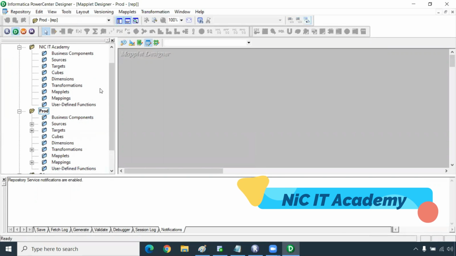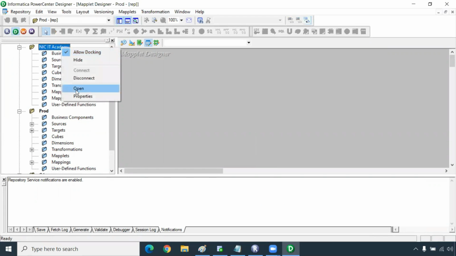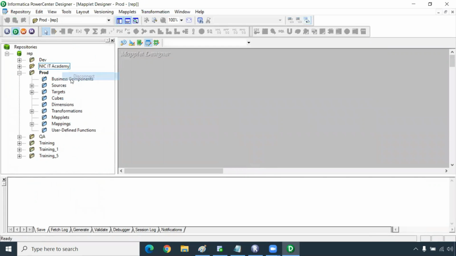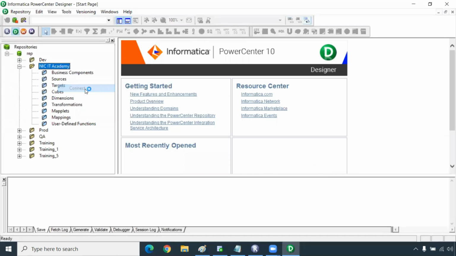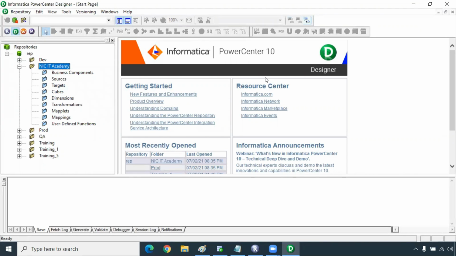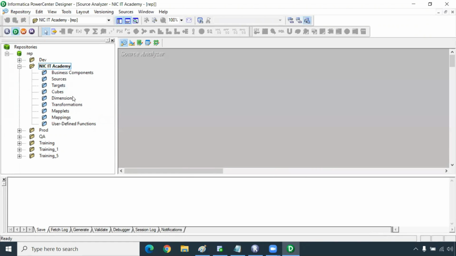If you just close it and disconnect, it will be disconnected here also. If you disconnect, this workspace will not be available. There is a difference between connect and open. If you connect, the folder will be connected but the workspace will not be opened. You can open the folder by using the open option.